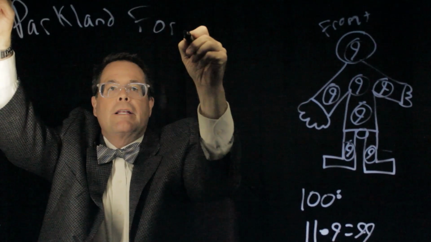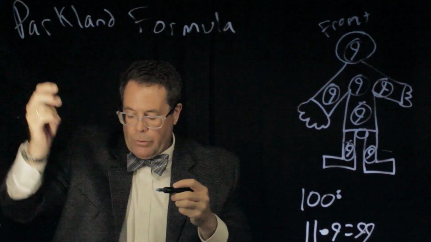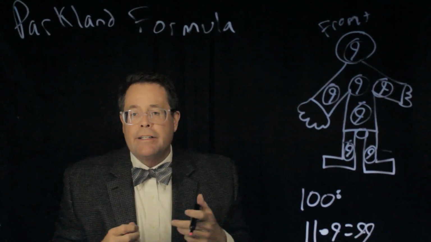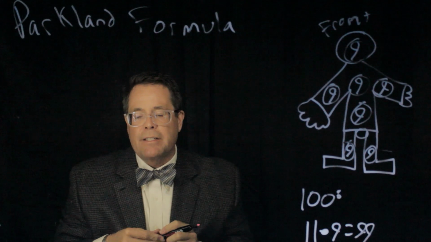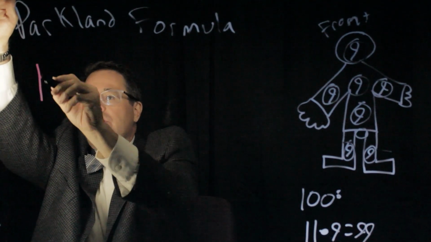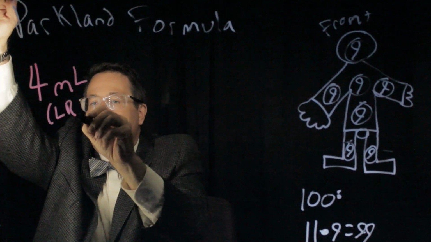And this is how we're going to calculate how much fluids we're going to give them. So it's a pretty simple formula. We like to use LR. Depending on some of the textbooks that you read, some may say NS. For the purpose of this, we're going to use LR. So we want to use 4 milliliters of LR